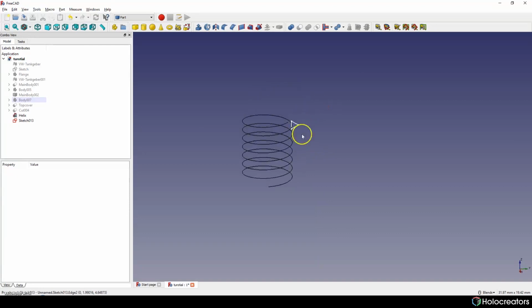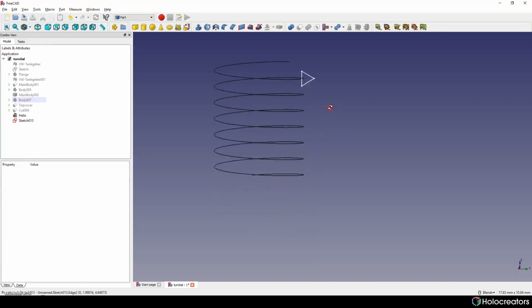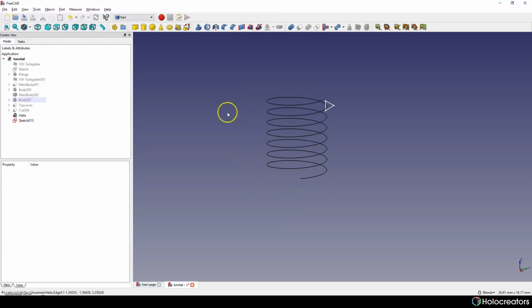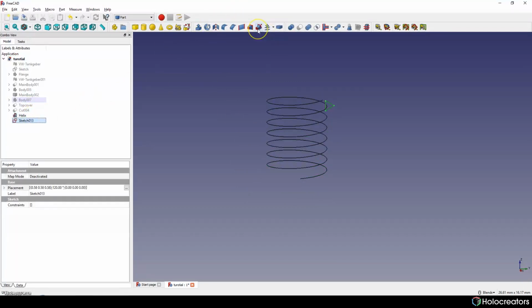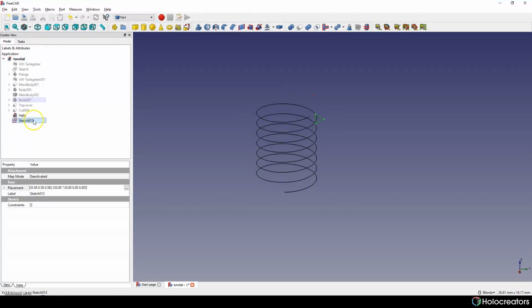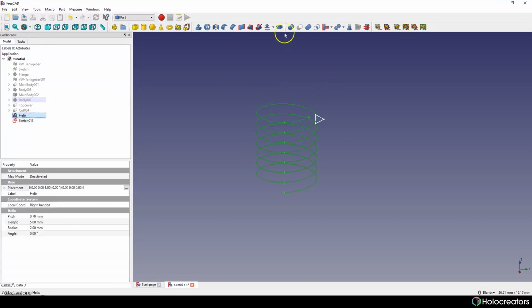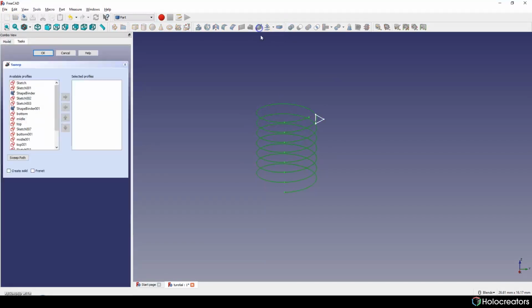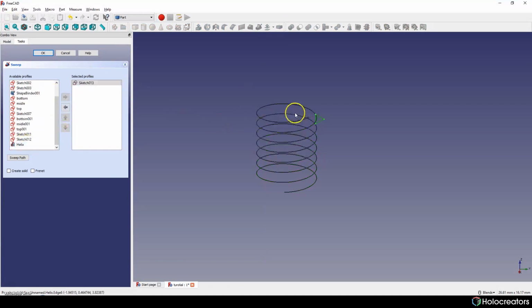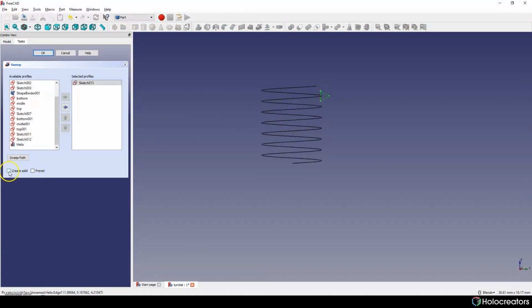So in the last part, we almost finished making this screw. We just have to use the sweep tool. So we're choosing our helix, choosing our sketch. We have to check this box and this one as well.